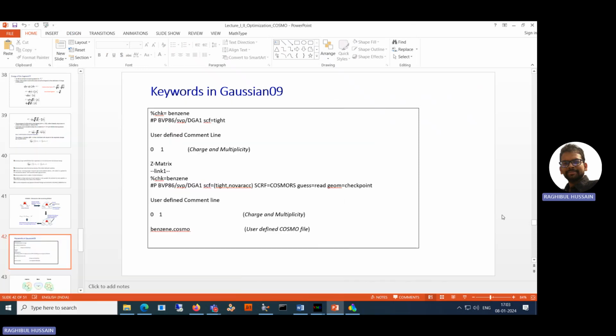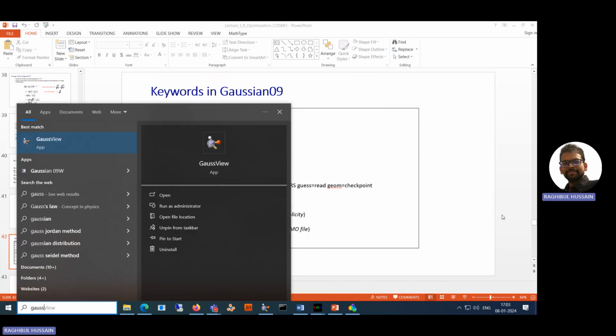Now in the Windows search, write Gaussian, not GaussView, and open that Gaussian 09. You have the optimized log file. Oh, you have some error. Whether you have made the